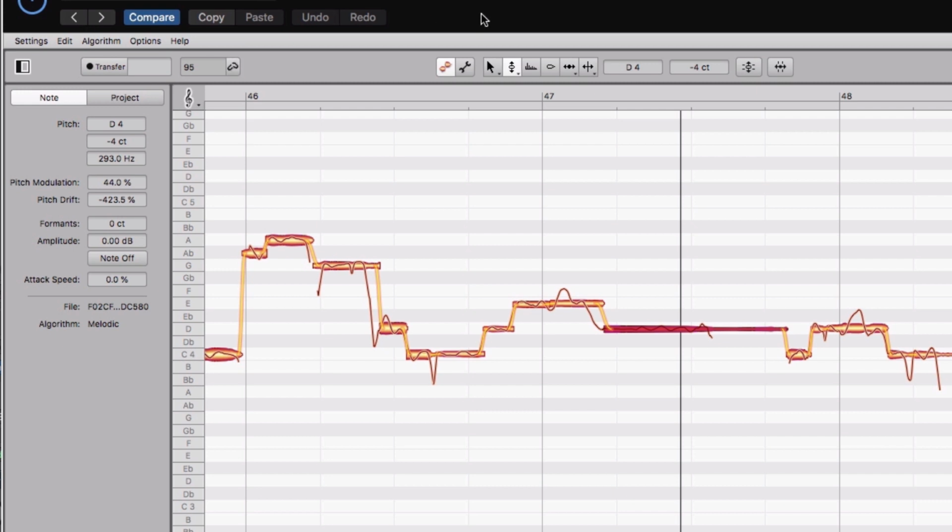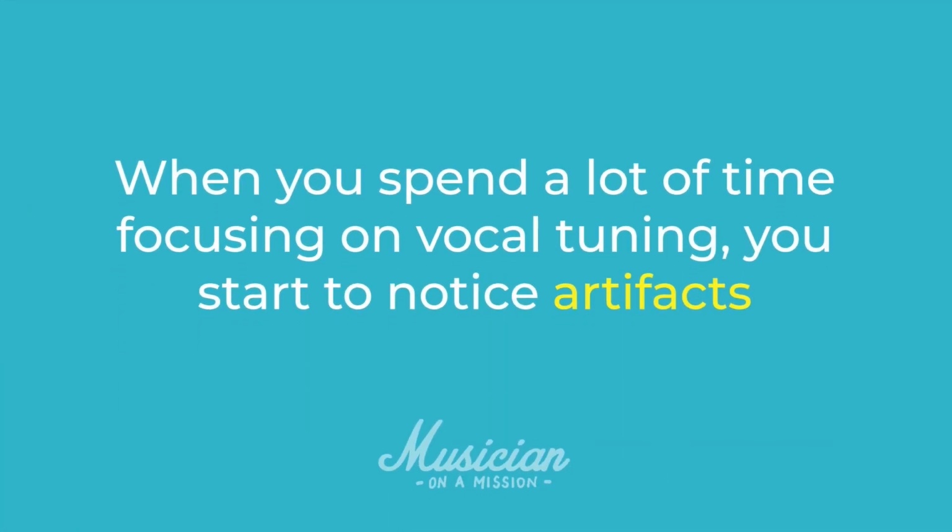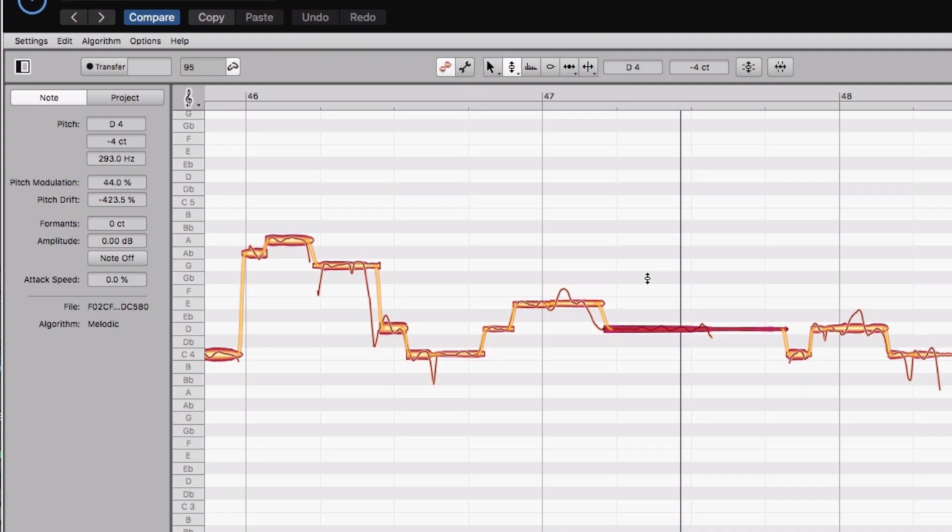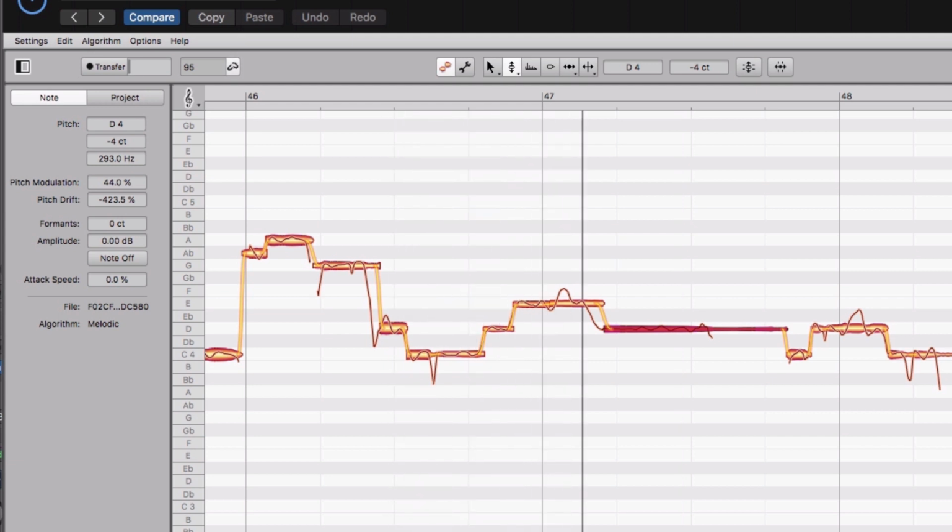And what I also find is when you spend a lot of time focusing on vocal tuning and the pitch, you start to notice some of the artifacts. So now after listening to this on repeat for ages, especially if we go back and solo that vocal, it might sound like it's really obviously auto-tuned. On that last note, you can hear it a tiny bit, but trust me, no one will